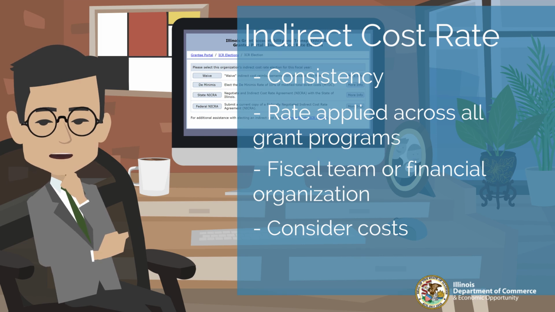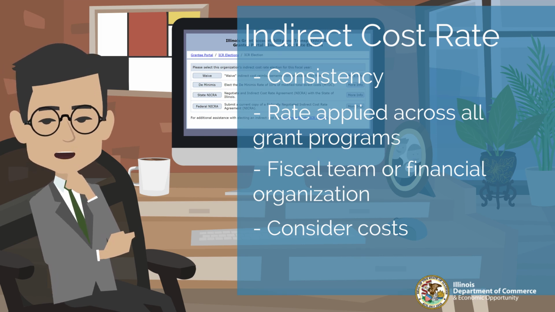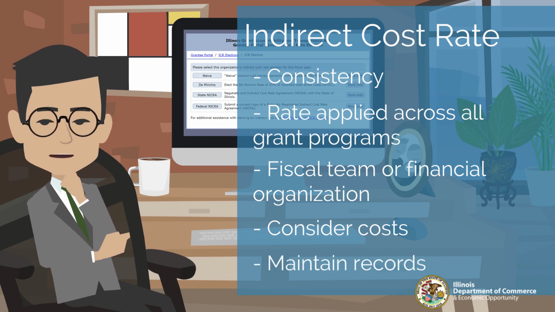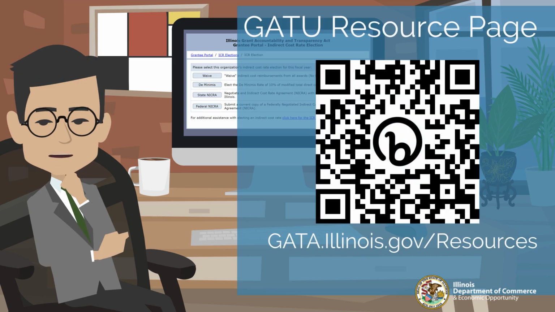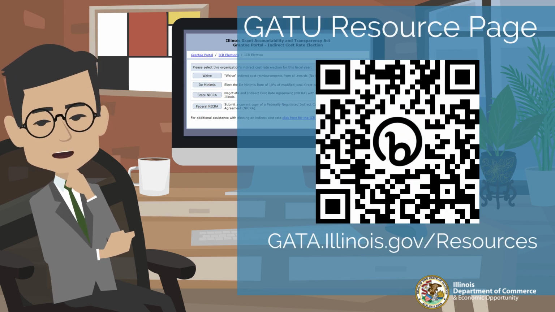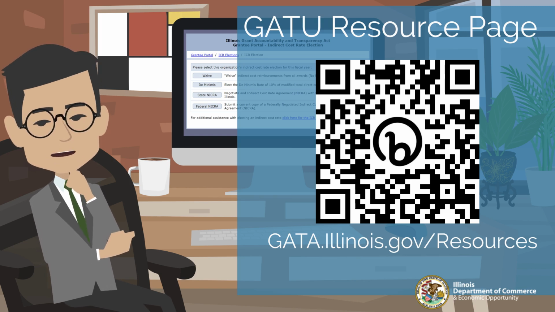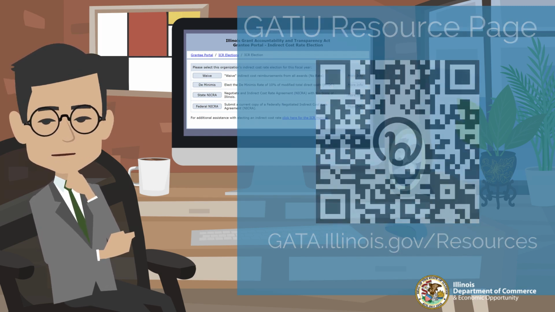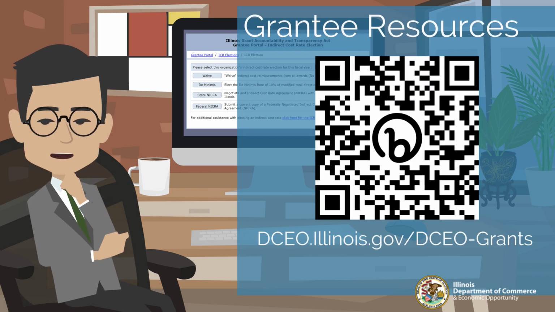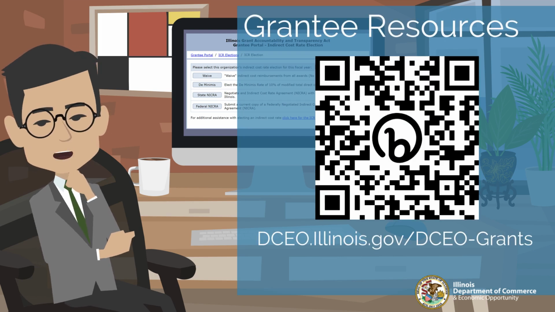As with every part of the grant process, it is extremely important to maintain thorough record keeping and account for everything. The GATA resource page contains a special section with additional information about indirect cost rates. You can review this section by visiting gata.illinois.gov/resources. You may also visit the grantee resource page by scanning the QR code with your mobile device or by visiting